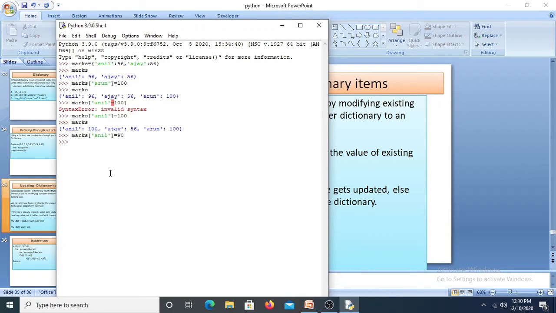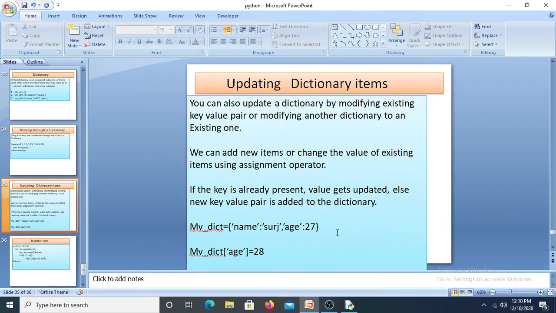Marks of Anil to 90. So again the marks has been updated with 90 here, right? So this is how we update or change a value in the dictionary by using a key-value pair. Here is one code, my dictionary name Suraj, the name which we want to change.